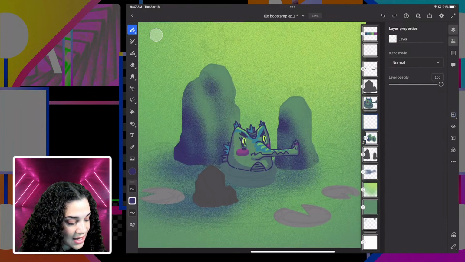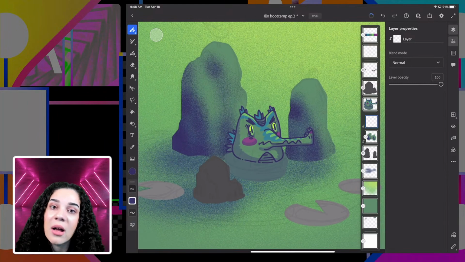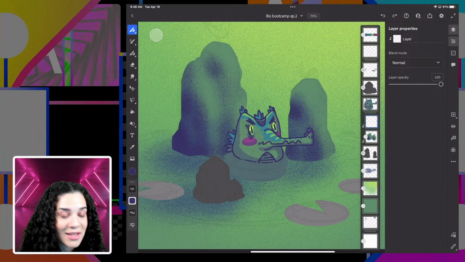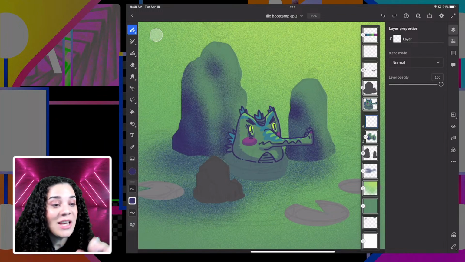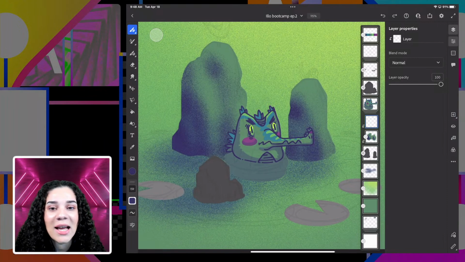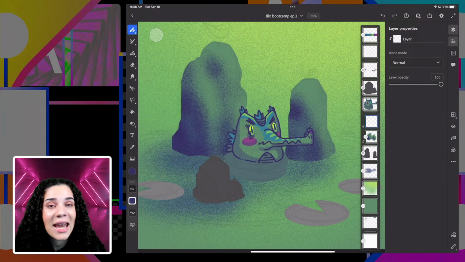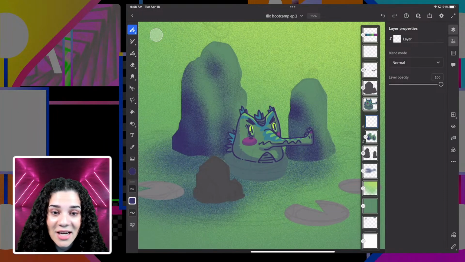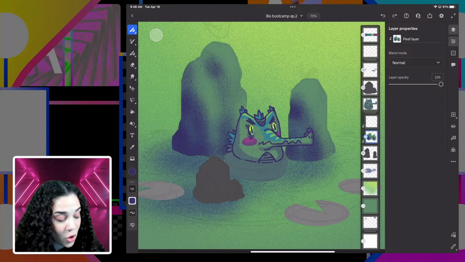We'll go ahead and make another clipping mask because we're going to add some texture. And I really want to call attention to one thing: when I use clipping masks in Fresco, I use them the same as when I use them in Photoshop. Especially when I'm really in the groove and into what I'm doing, I don't like to stop and change the settings of various layers. So if I make an empty clipping mask layer and leave it on the top of all the clipping masks,